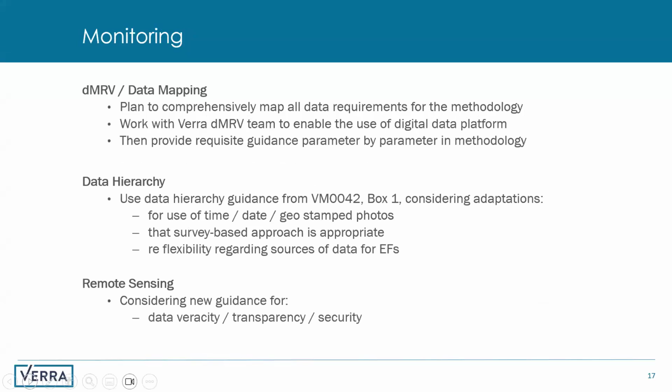Excellent, thank you. So monitoring, again, this is going to be a key area of focus. We saw a lot of attention on monitoring as a driver for this entire methodology development work. So this is certainly going to be an area of careful focus for our team and the VCS Verra team. We're going to be mapping out all of the data requirements for this particular methodology. Those of you familiar with VCS's broader work will know that there's a DMRV team at Verra, which is actively building out the next generation of digital architecture for the VCS system. So we will be fitting into that work.